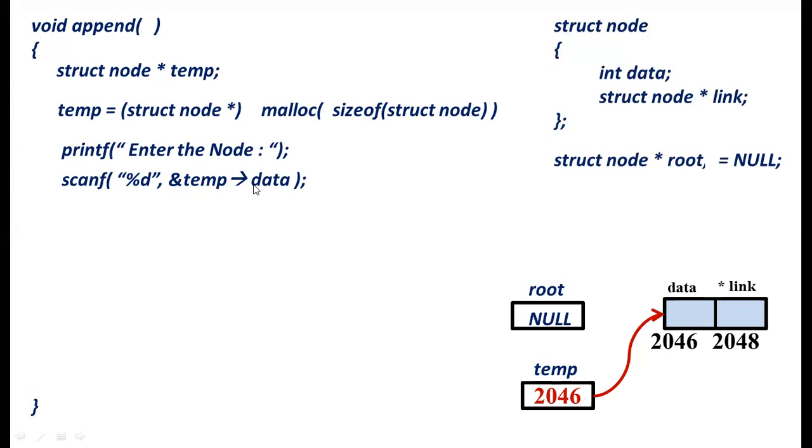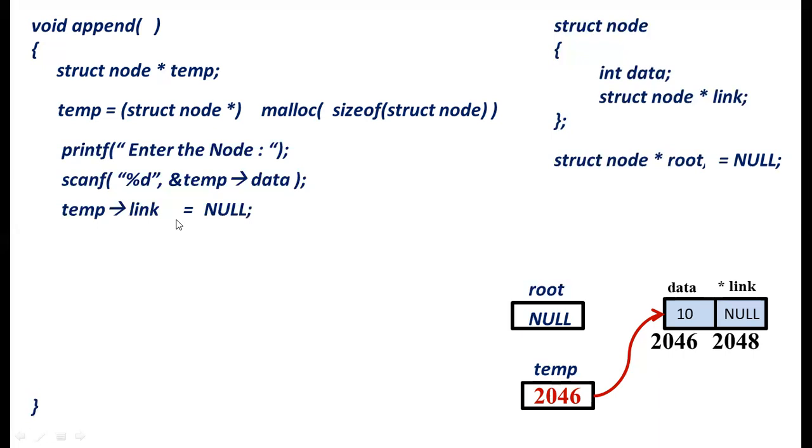Say that we need to insert the value 10 here in the data part. So 10 will be placed here, and we need to place the null value here. The null value we are collecting into the temp to link field. So now our node is completely ready. Node memory allocation is ready, and the value and the information to be placed in the node is ready.